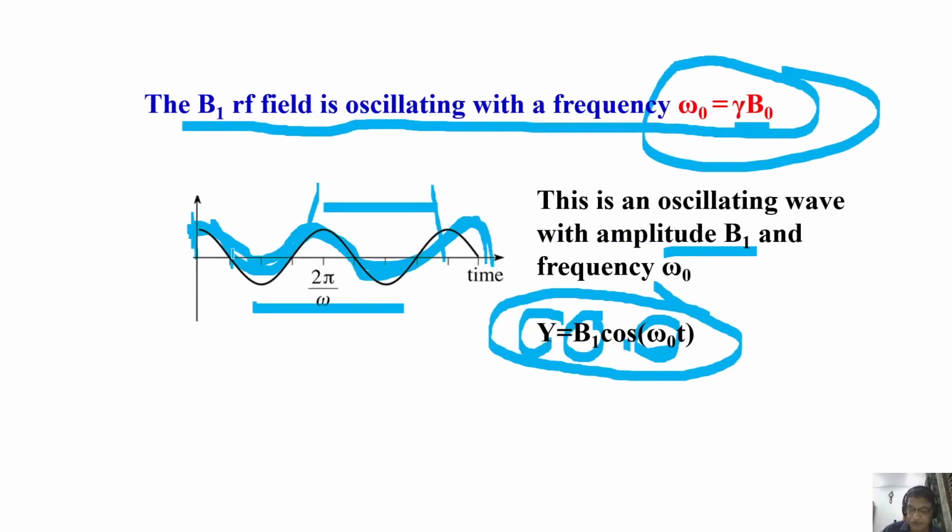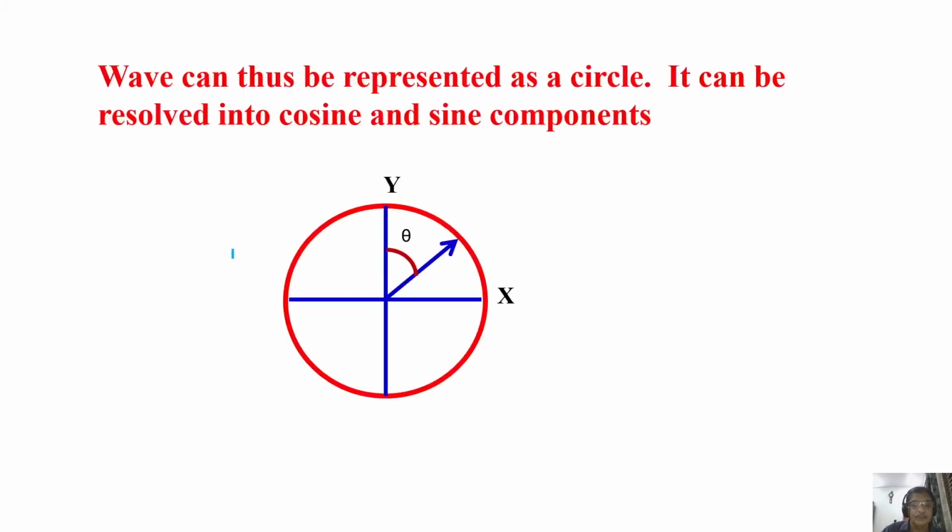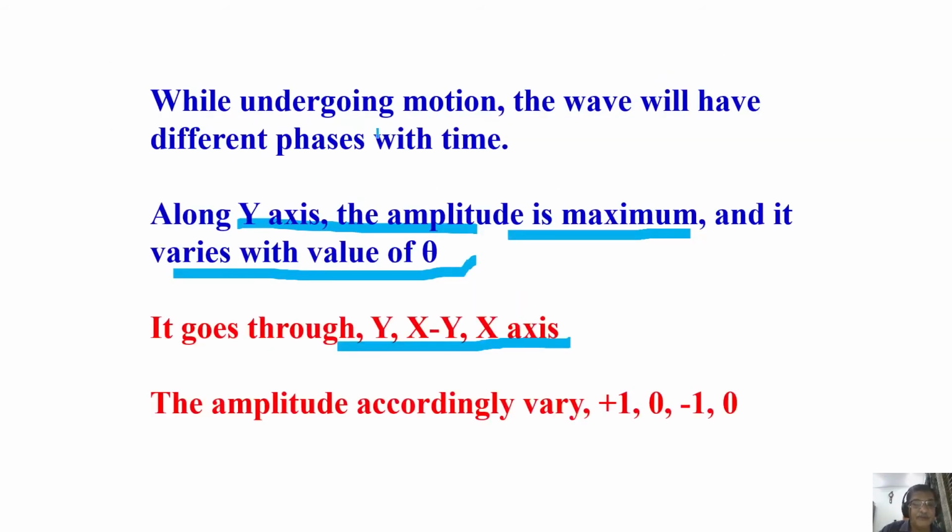Then you look at this one. I have to show you the circular one. The y component, as a function of theta, what happens? It will be y, comes to x, minus y, minus x, and go back to y. The same thing you can see represented in the form of a wave as a function of theta. The amplitude is varying from 1, 0, minus 1, and 0. So the wave goes through all the amplitude values 1, 0, minus 1, 0 in one cycle, starting with plus y axis, going to x, minus y, and x.